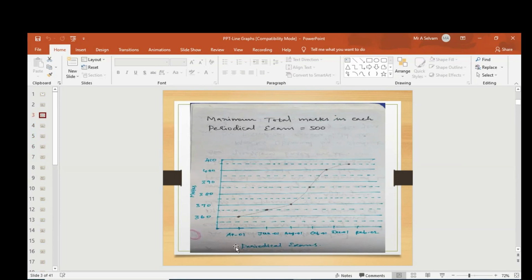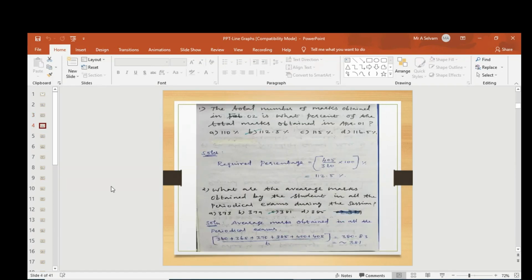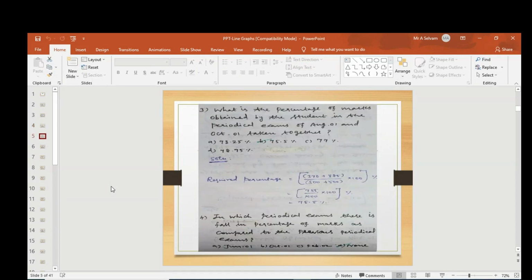For example, June 2001, how do you want to take it, sir? June 2001, how much have they given? 365. Adjacent, okay. Adjacent graph values only they will ask you, most probably. Then only can we take them combined together, because of consecutive exams. Consecutive only they will give like this, not in random order. Okay, fine.